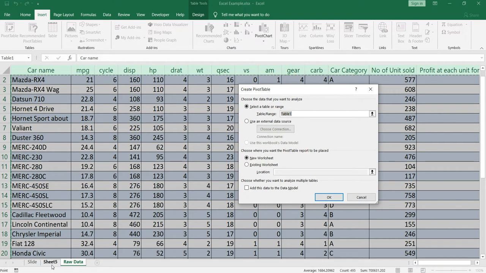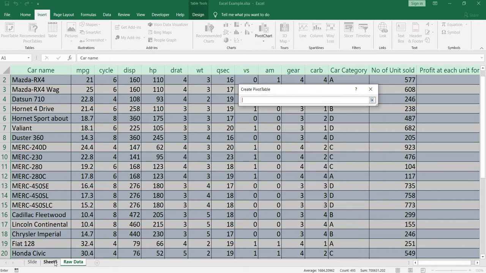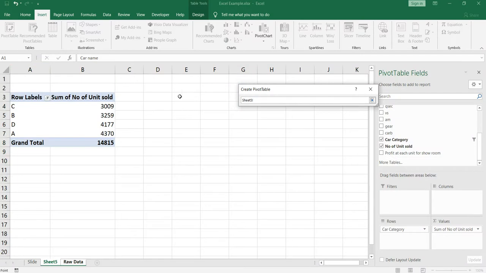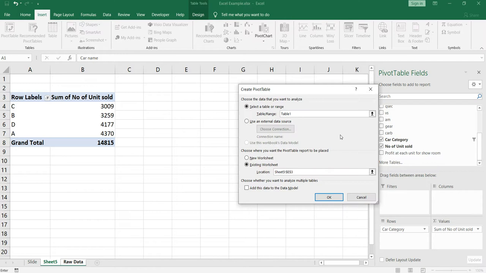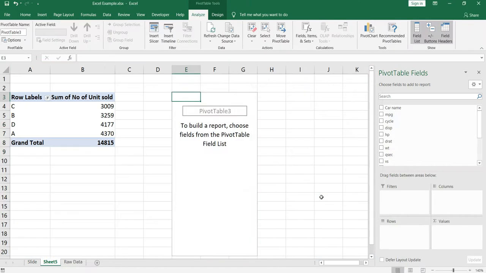When I was showing you how to create a pivot table, I used the new sheet option. Now I'll select the existing sheet option to show you how to put your pivot table in an existing sheet. I'll click on this button, go to sheet 5, and select the E3 cell as the destination of my pivot table. Again I'll click on this small button, then click OK.